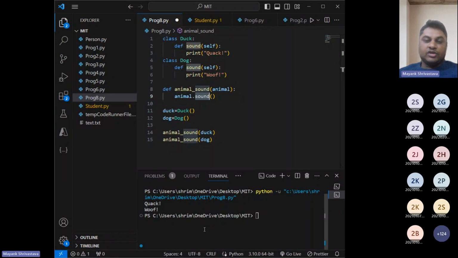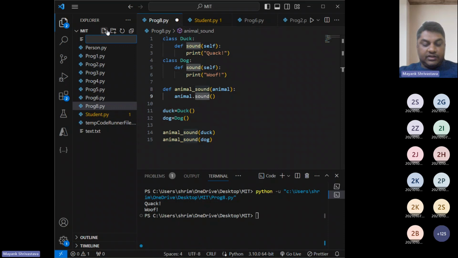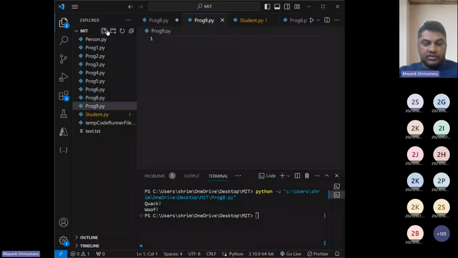All right. So in that way you can achieve method overloading. If you want to see an example, let me create another program of that. Program 9.py. I'll just create one